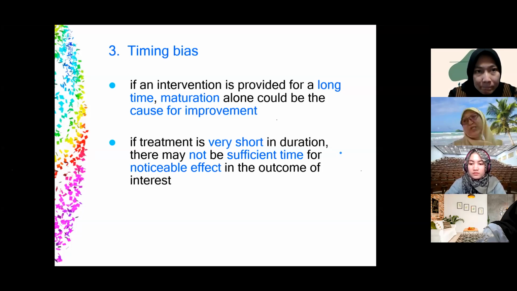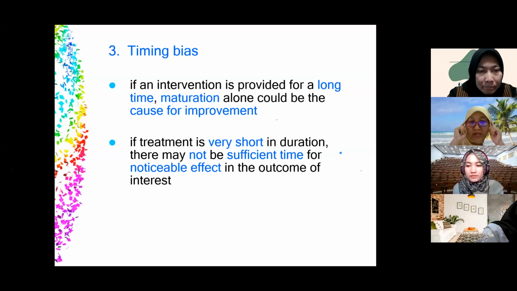So stopping smoking not due to the intervention, but due to the timing. Yeah, this is timing bias. So when you read a paper also, you must look at the timing, understand natural history of disease. Yeah,